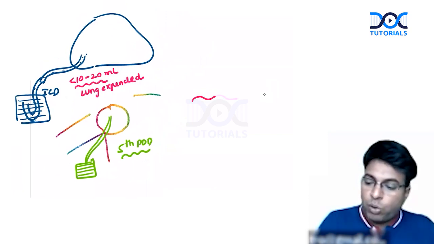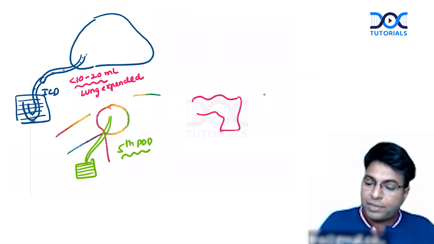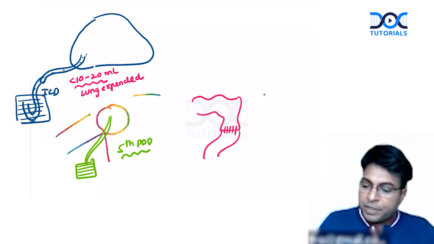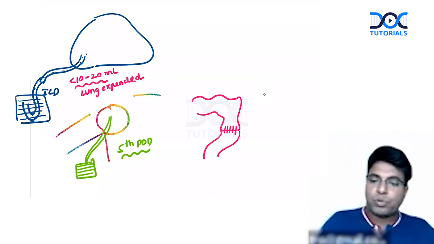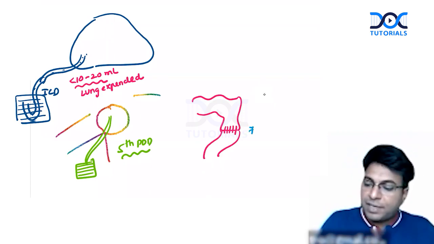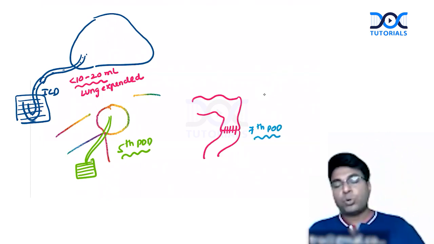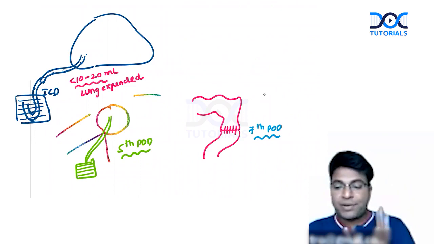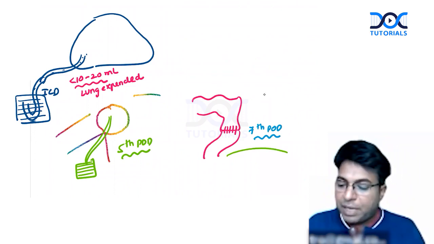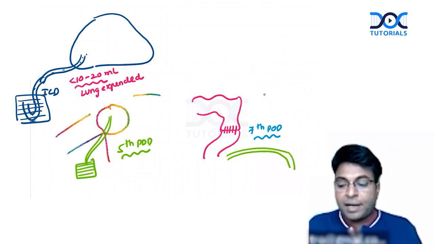And when I'm doing a colorectal anastomosis, a colon with a rectum anastomosis like this, usually this colorectal anastomosis will leak on the 7th post-op day only. So colorectal anastomosis usually leaks on the 7th post-op day. Therefore, the drain I'm keeping in the pelvis will be retained up to the 7th day.